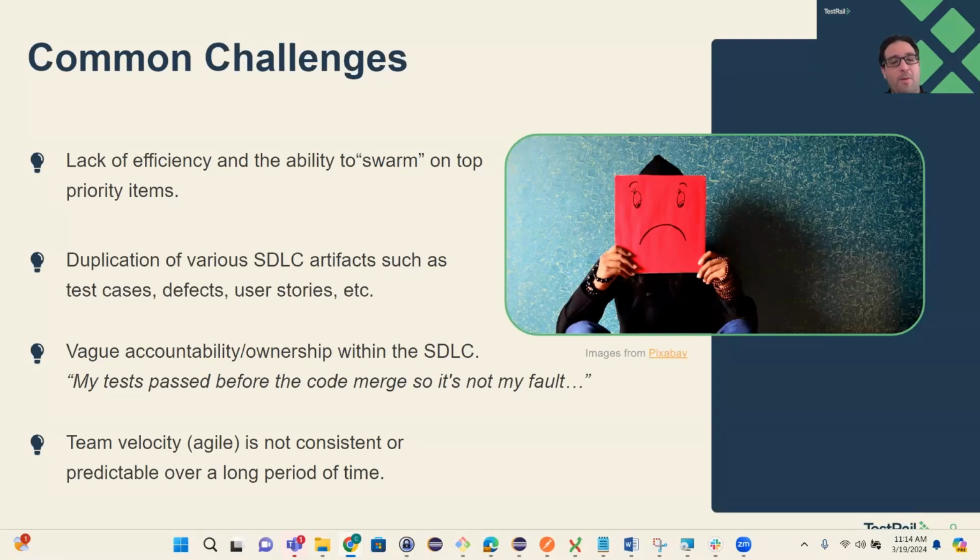but one of the examples as well, during the day, my test passed before the code merge. We ran a CI pipeline on a feature branch, everything passed, it looked good. And then the next day, well, it was broken. Well, when I ran it, it was fine. The team that came on my time at night must have broken it. It's not my fault. Well, that's not really good ownership and accountability, and being distributed or segregated from a work model sometimes doesn't lend itself to the best cohesiveness with the team and these kinds of mindsets.